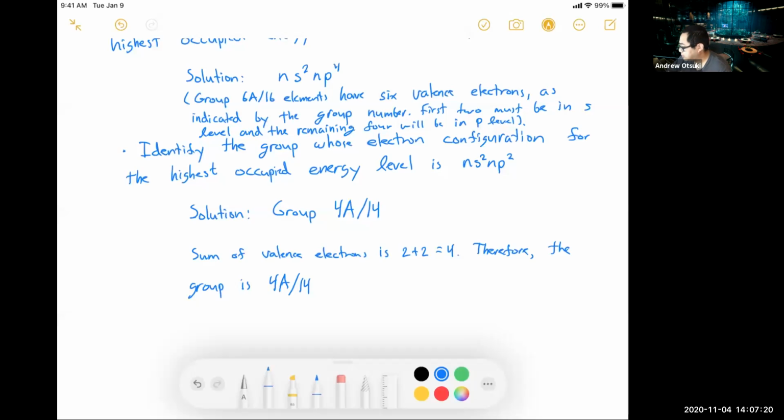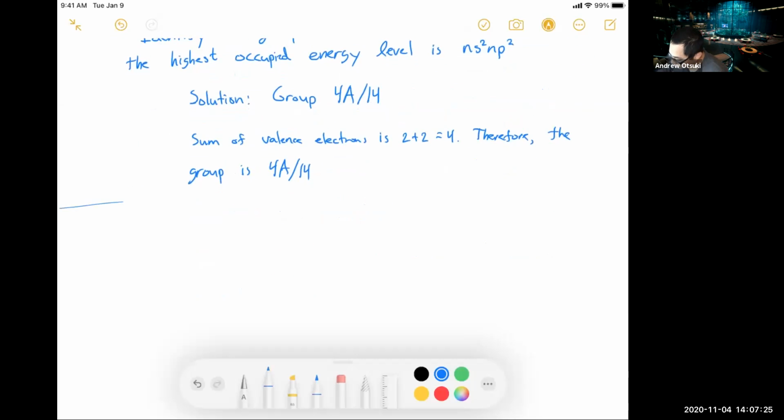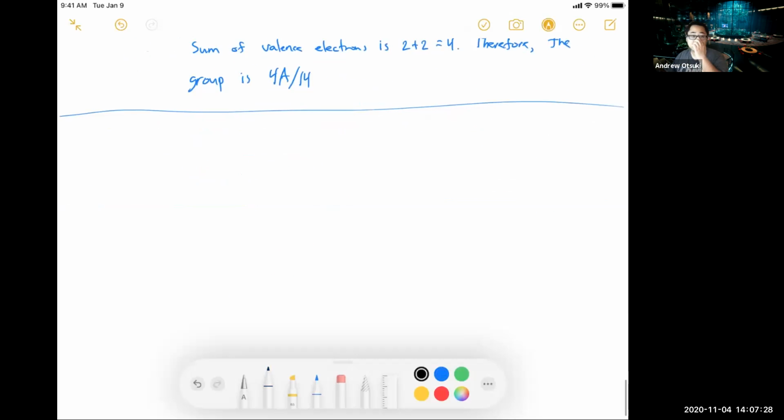All right, let's see how much time we have left. Okay, we have a little bit less than 5 minutes. We're going to talk about, for the last part of this, Lewis symbols. So those letter symbols with dots around them, those are called Lewis symbols. What they are, we can say they are diagrams representing